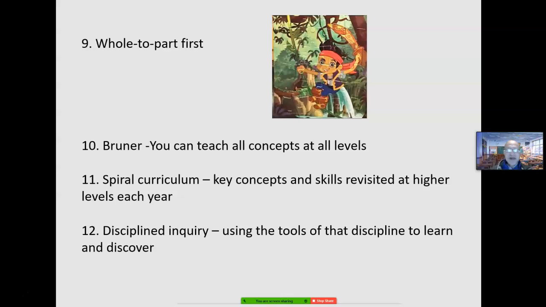Now, he's known for the spiral curriculum. So instead of saying, well, I'm going to teach about amphibians in second grade and I'll cover all of amphibians and they'll have learned it all, you go, no. We teach these basic concepts every year and we address them and approach them and experience them at higher levels and in different places. So we revisit planned redundancy from year to year. So we see these concepts at ever expanding and higher levels. Key concepts and skills are revisited at higher levels each year.